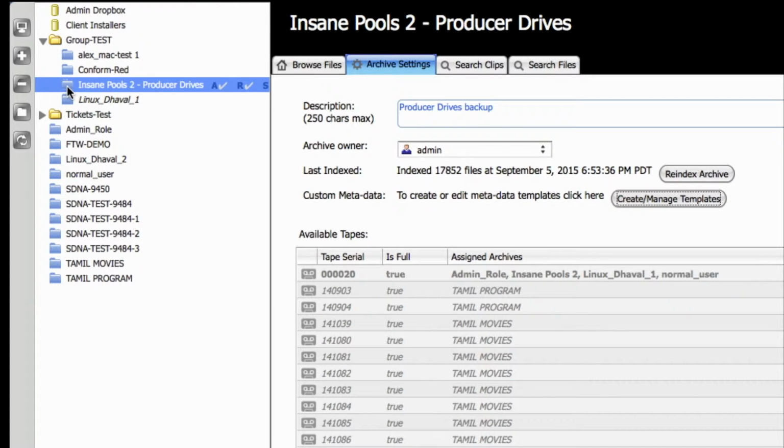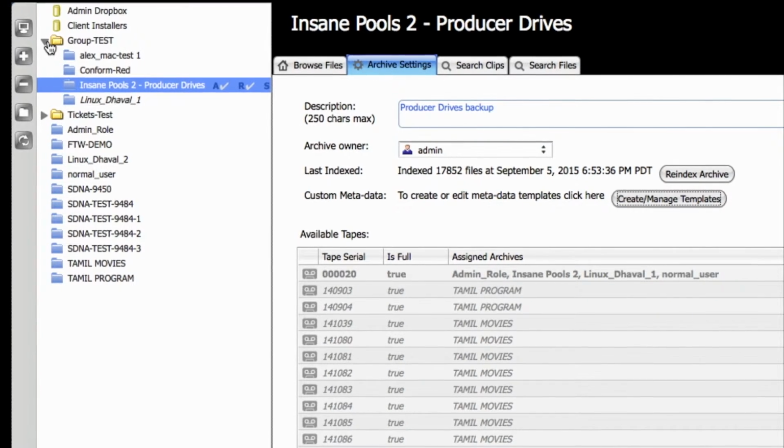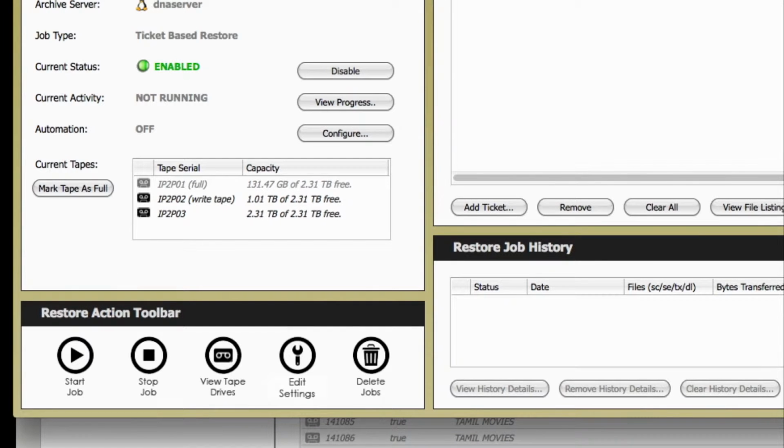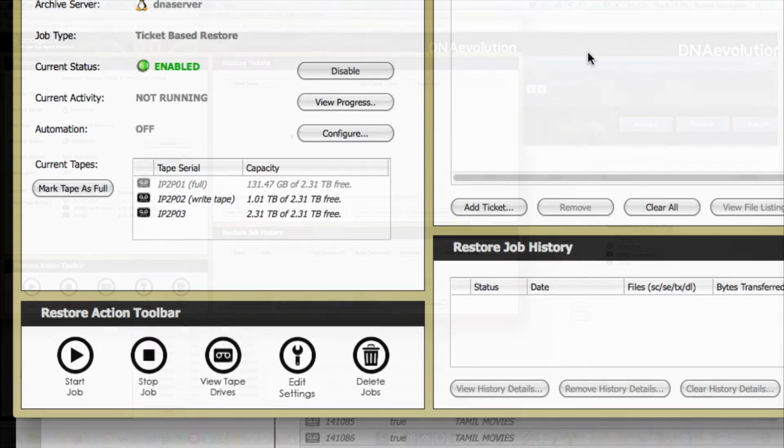So if we go over to our archive jobs section over here on the left, I have this grouping folder called group test. And this is actually going to walk through a real world workflow by one of our clients. So I have this insane pools 2 job. Okay, I can walk through the restore. So I've archived all of the original camera masters to LTO, step 1, right? We use Telestream to